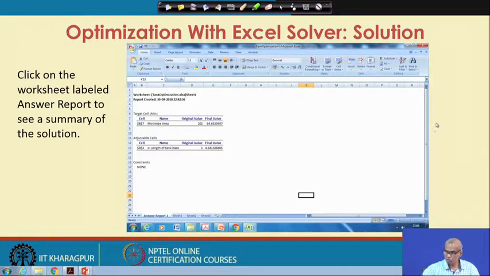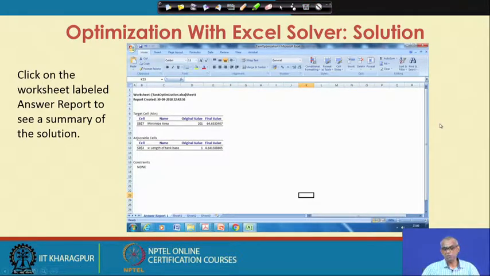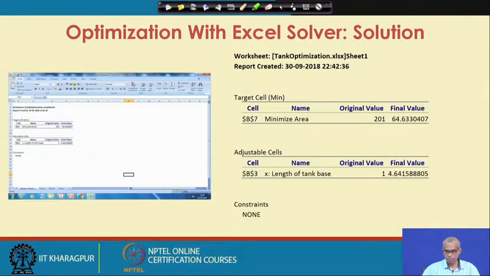So, the answer report gives you a summary of the solution. So, this is how you can solve a simple optimization problem using Excel solver. These values are written in a bigger font so that it is readable to you.